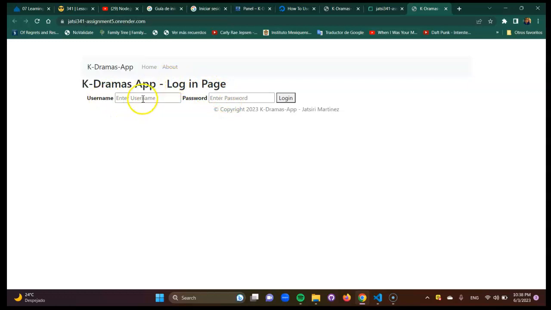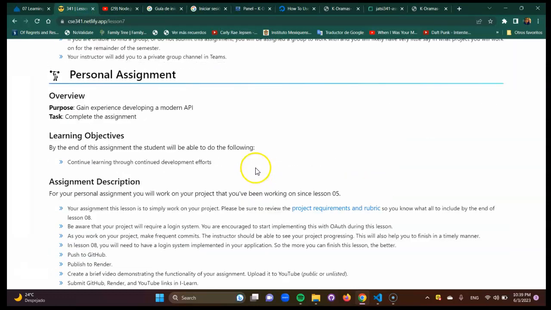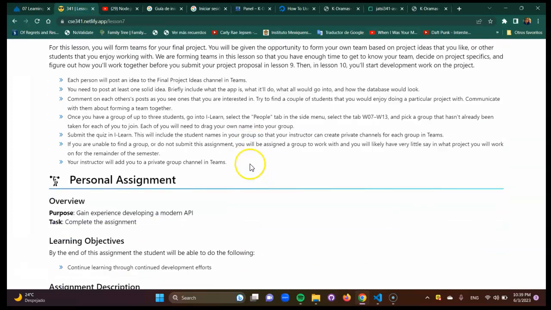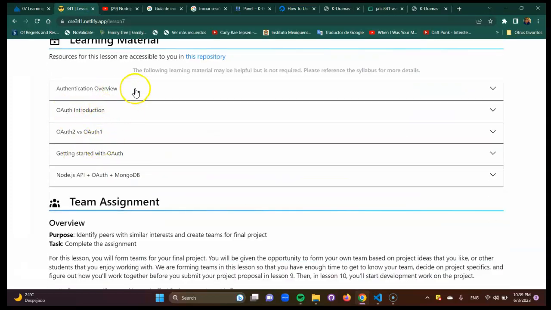I think that okay, in this part I have required fields like please complete this field and also this field, and I think that when I click the login button I need to add the authentication. So I'm still starting these readings,